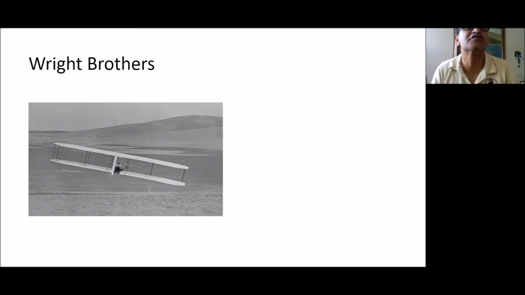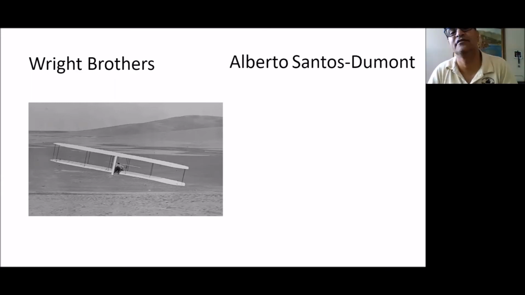So control is most important, right? Because a plane is the most unstable thing in the air. So they understood this and they came up with a three-way control system. That's the way they control their flyer. And once they were sure about their controls, they added power, and then they succeeded. You can see